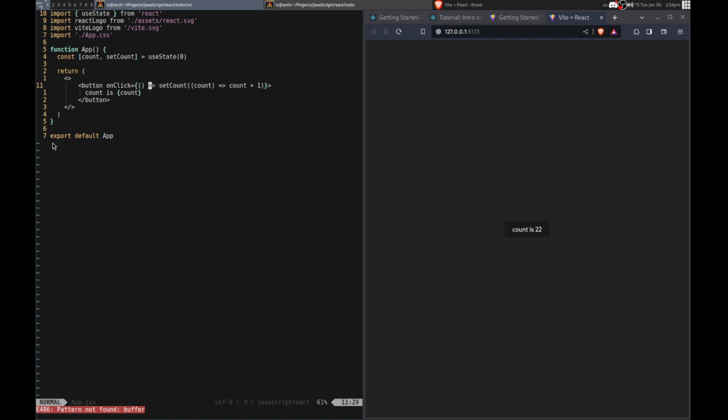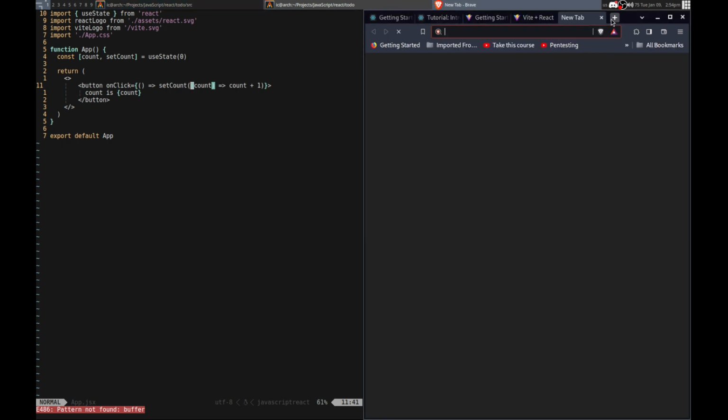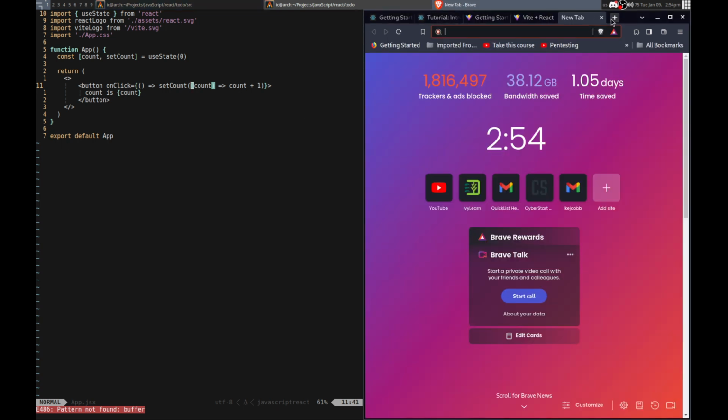Okay, so this is pretty simple. That makes sense. I remember this state stuff. I don't remember exactly how it works, but I can get a good idea from this. So yeah, I need to make like a search thing. I don't know how to do that. Let's see. So I need like, yeah, a search bar. Well, can you just make an input?